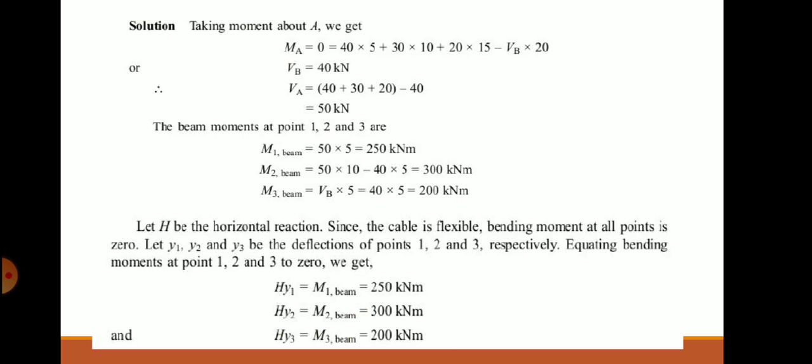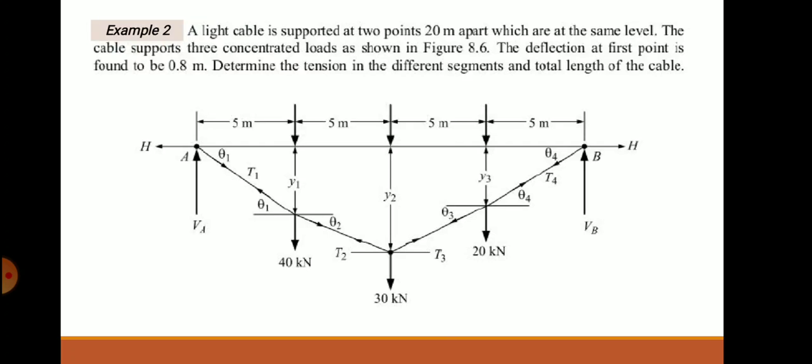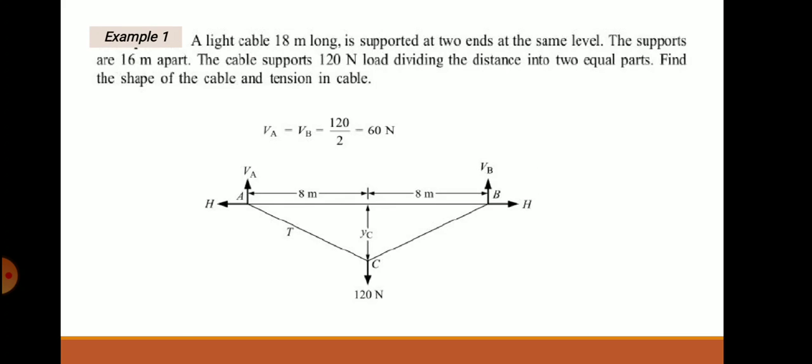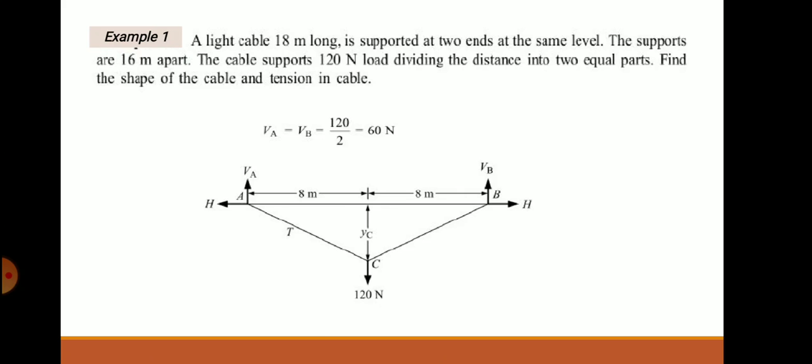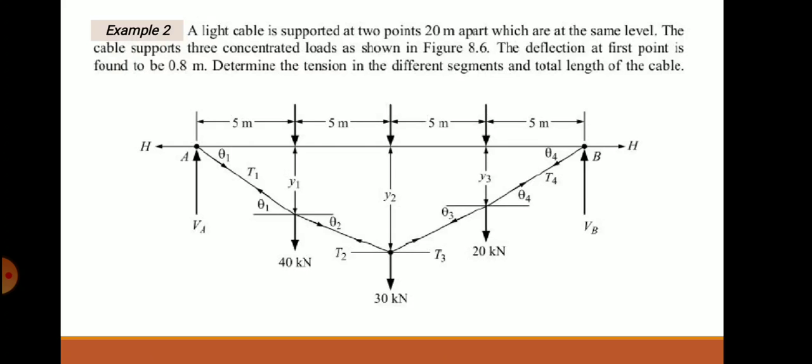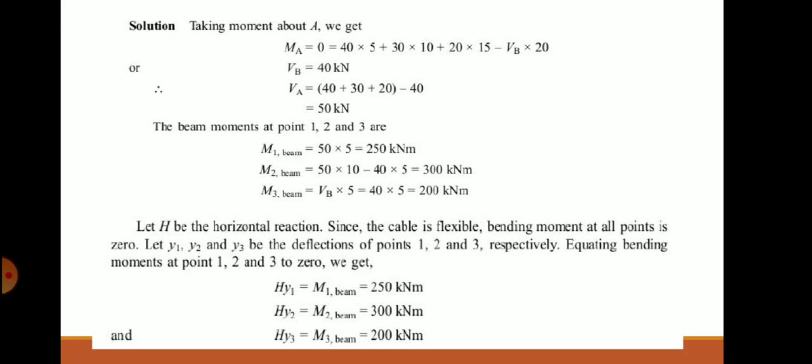Next, you have to find the beam moments. What is beam moment? Before calculating, I will just take you through a previous slide. Beam moment is H into Y. In the present problem, you know Y1. So if you know Y1, M1 beam is equal to H into Y. So the moment at the first point, M1 beam is equal to